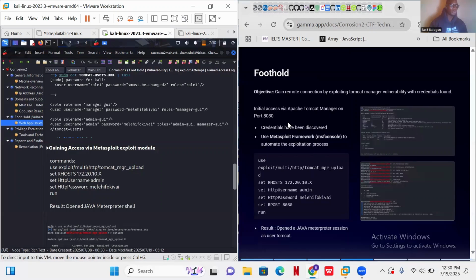The whole foothold process was automated using the Metasploit framework. Metasploit framework contains multiple exploits, payloads, post-exploit modules, and also auxiliary modules, which can be leveraged and allows us to automate the penetration testing process from foothold to escalation. So for this, we use the exploit module, which is the Tomcat manager upload module,